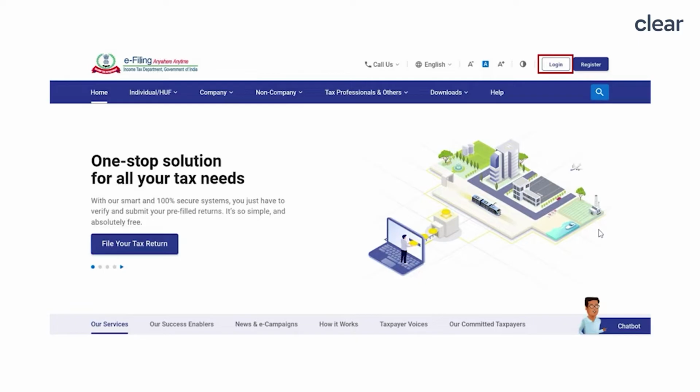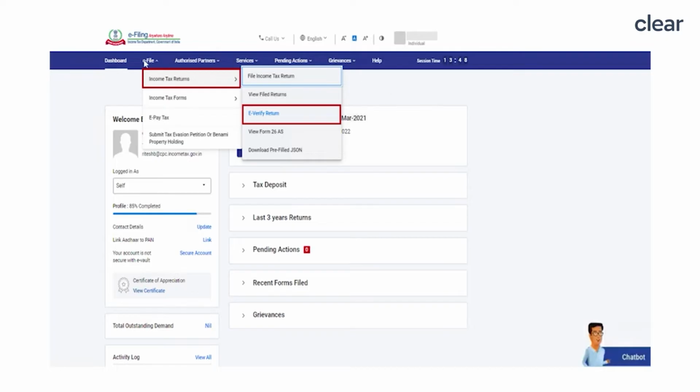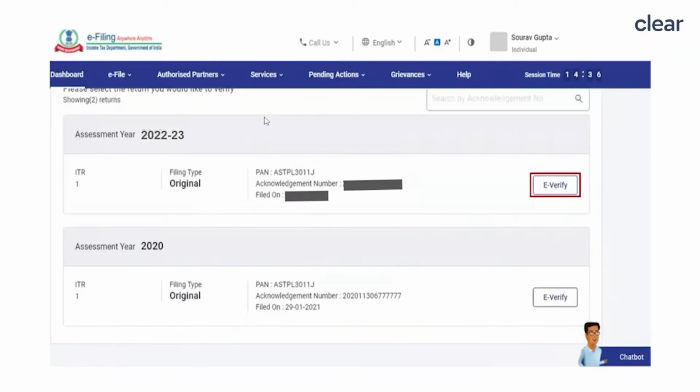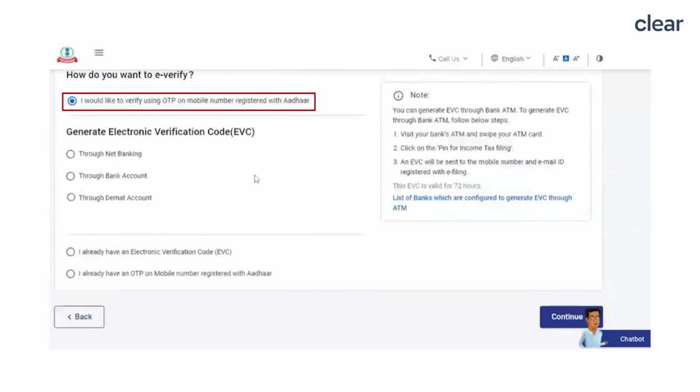Log into your e-filing account at www.incometax.gov.in. Under the e-file tab, select income tax returns and then select e-verify return. Select the ITR which you wish to e-verify. On the next screen, select the first option, I would like to e-verify using OTP on mobile number registered with